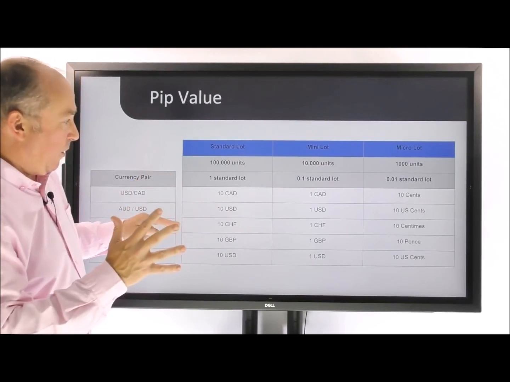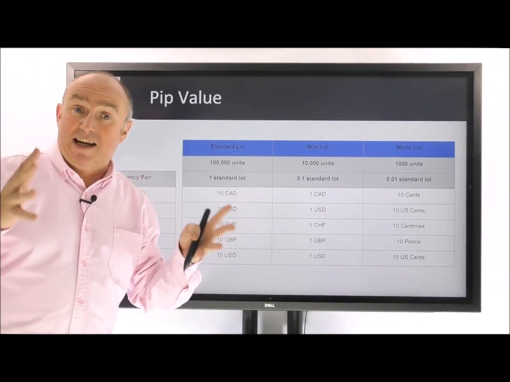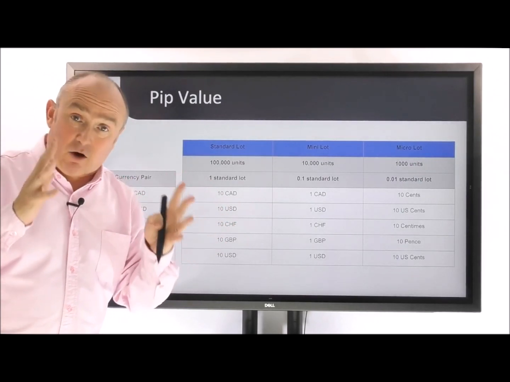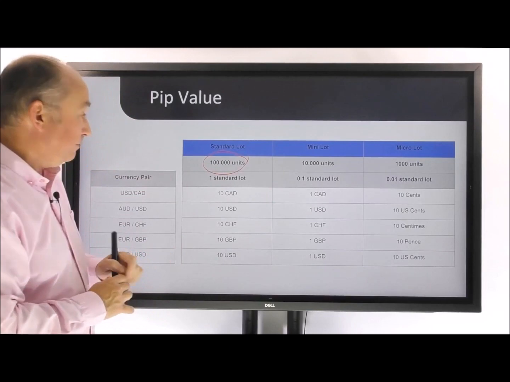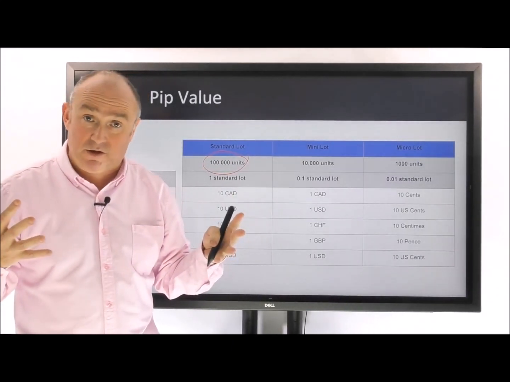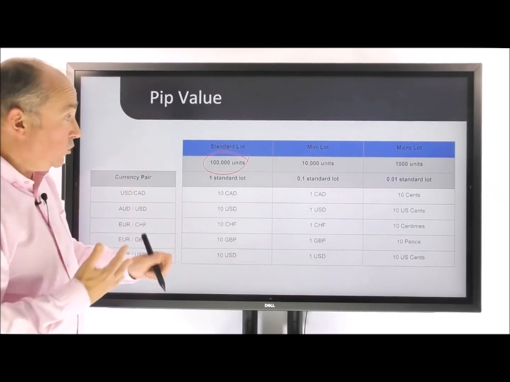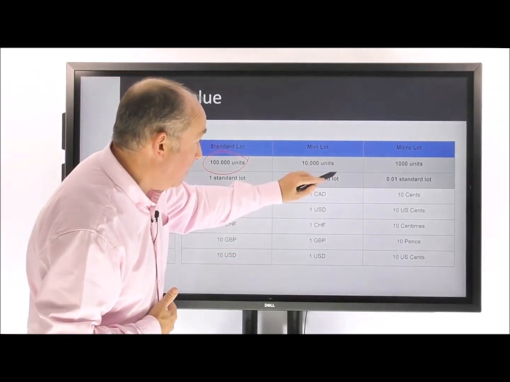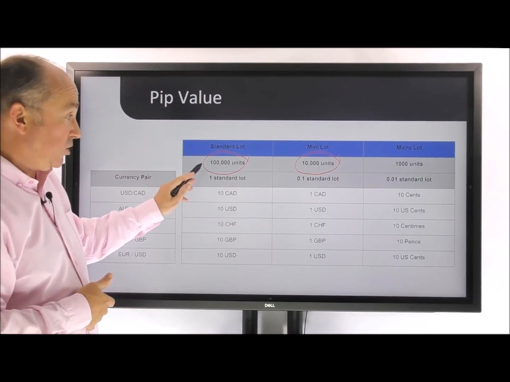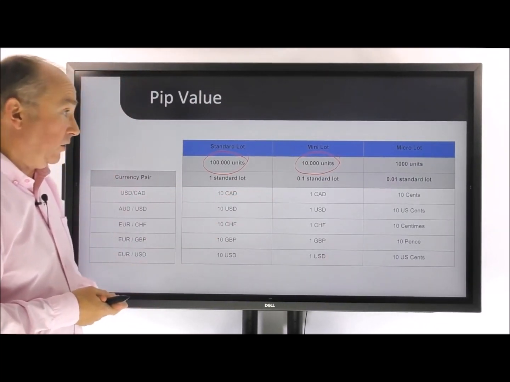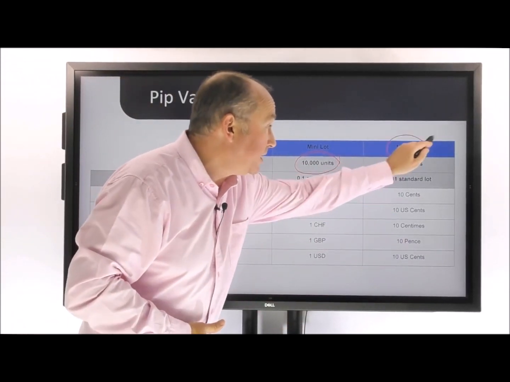So all you need to really know is this, that when you're trading in Forex, we trade in terms of lots. Now, a standard lot, as I mentioned a moment ago, is 100,000 units. But it doesn't mean you need to trade 100,000 units. You can trade smaller lot sizes than the standard one lot. You could trade a mini lot, for example. A mini lot would be 10 times smaller than a standard lot, in which case you'd be trading 0.1 of a standard lot. And indeed, you can go even smaller than that. You can trade a micro lot. And a micro lot